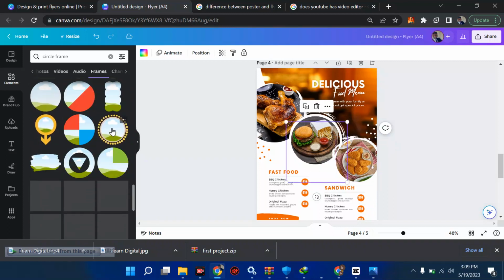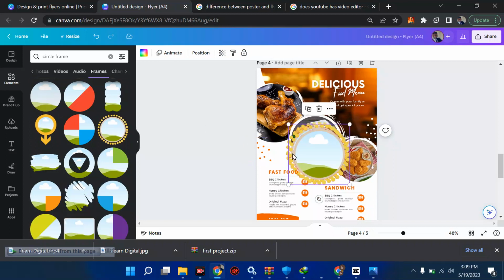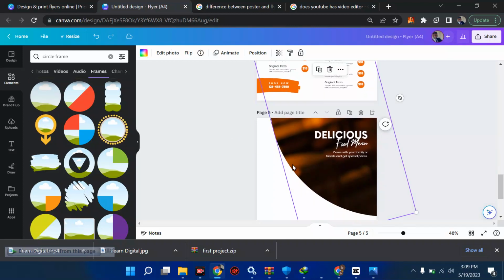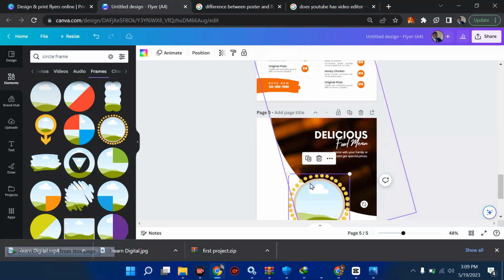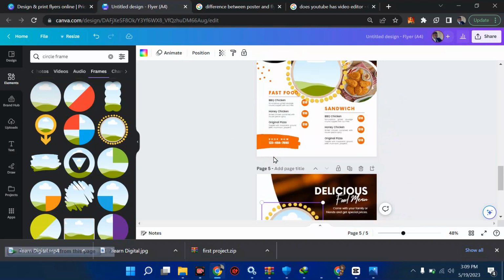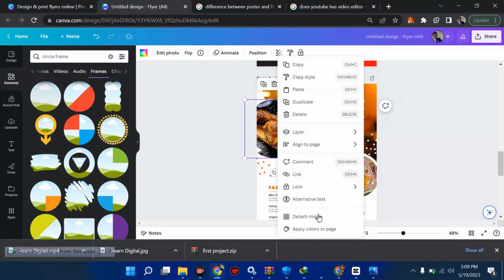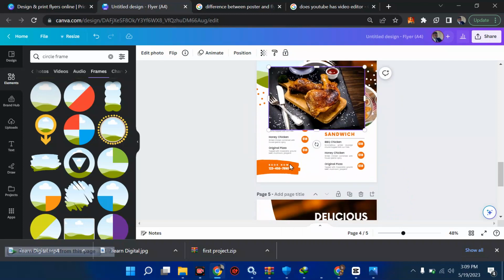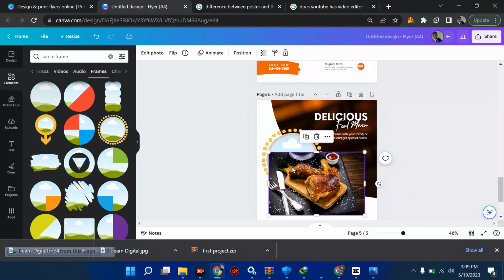So let me say I want to use this one. I think I should use this. So I'll pick this and press Ctrl X, because I'll cut it there, then I'll put it here with Ctrl V. If I don't like it, then I need this one here. I'll just detach it, press Ctrl C to copy it, then press Ctrl V here, then I'll just move